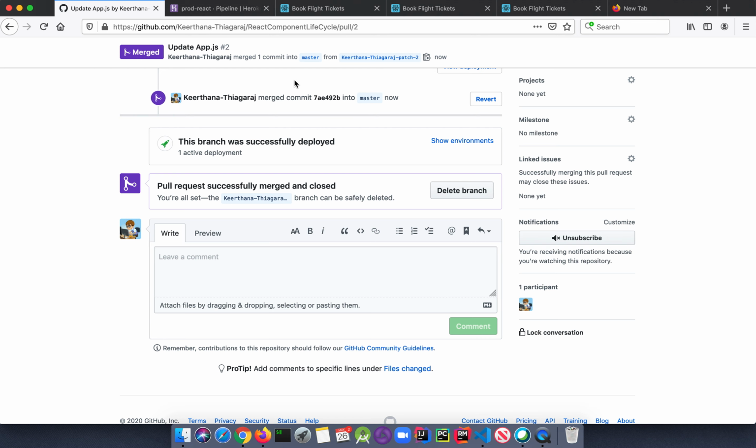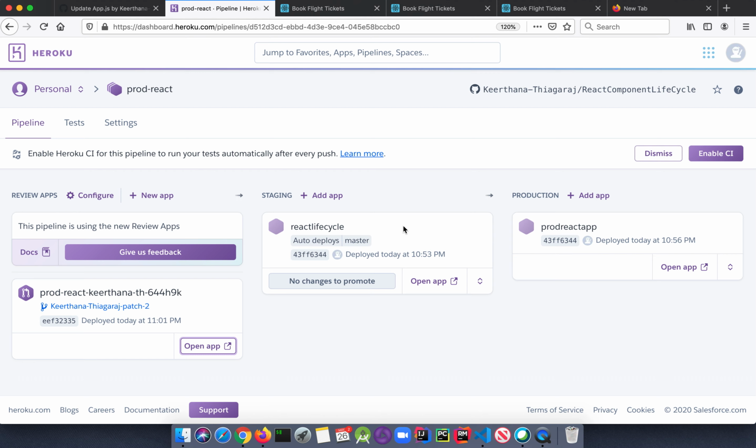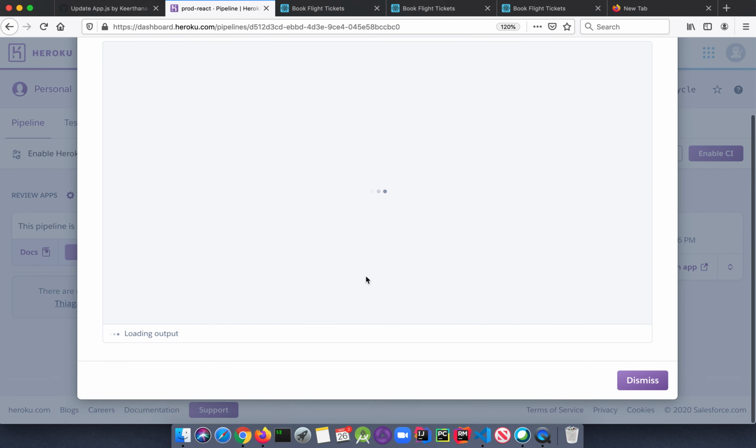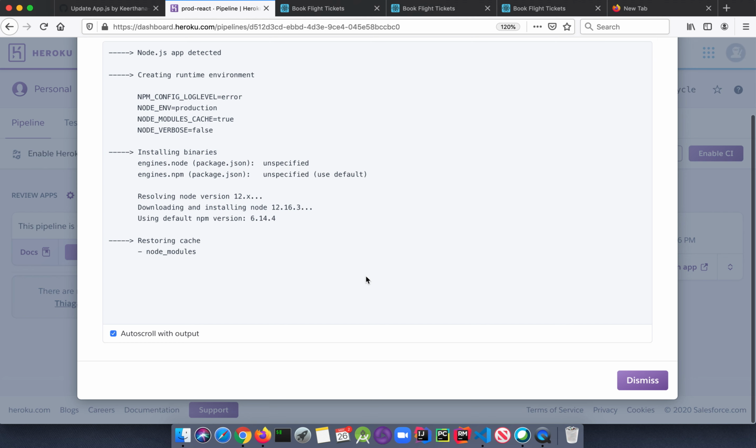Yeah, so the branch was successfully deployed. If you go here, guys, since we have enabled automatic deployment, it will automatically trigger a build here. You can check the logs here. It's getting built. Click on view log. All the statements in the package.json file are getting executed. Installing the dependencies, node modules. It takes a couple of seconds.